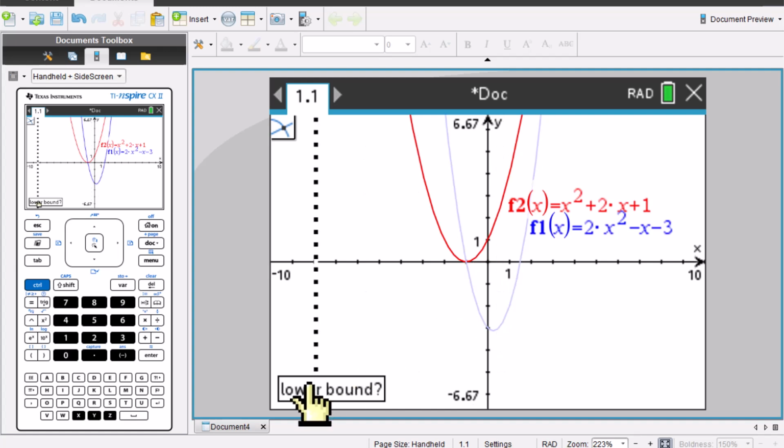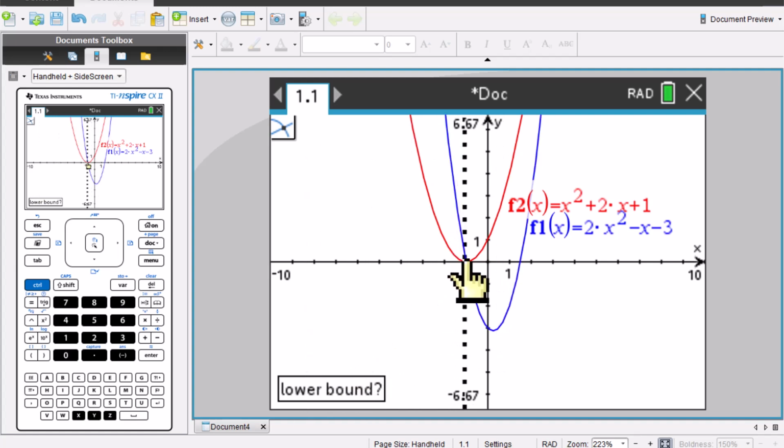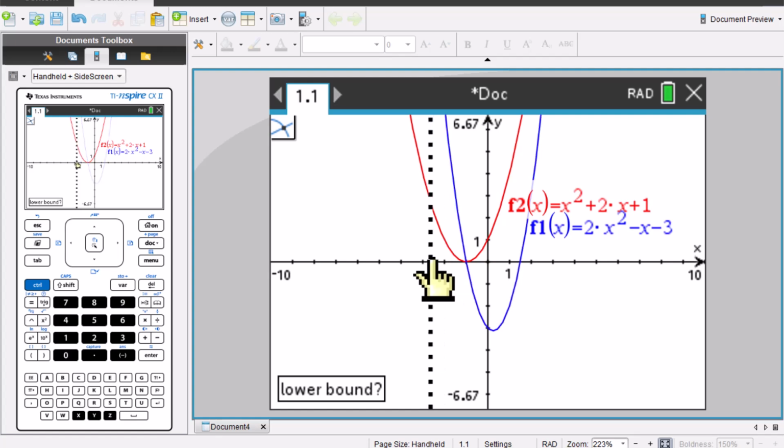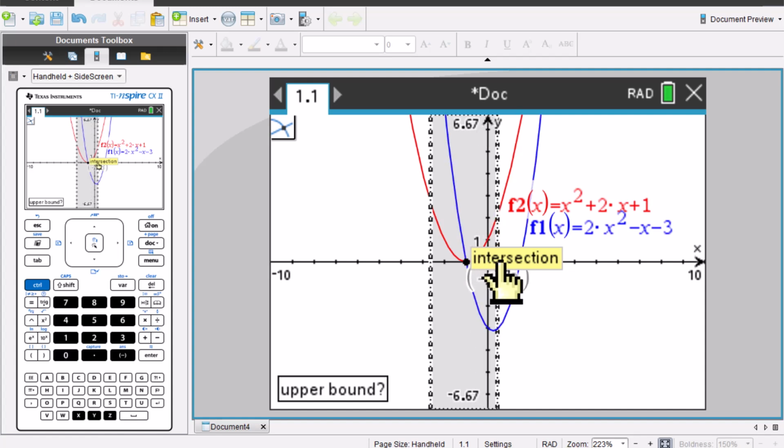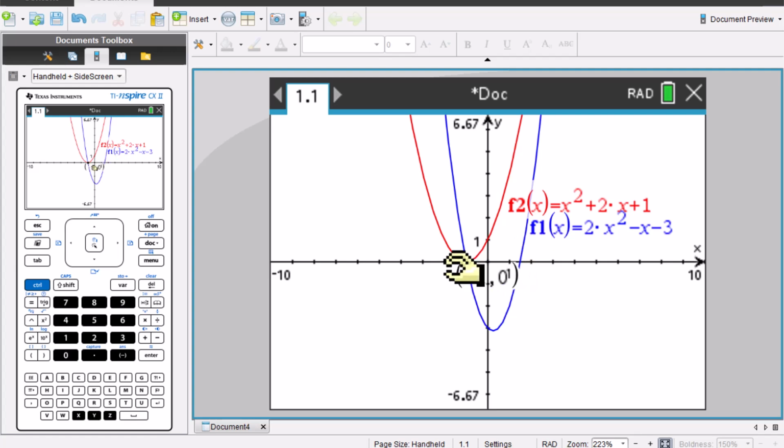And then it says lower bound. I'm going to move to the very left of my first intersection point, somewhere around here. I'm going to click enter. I'm going to move it to the right, just past that intersection point, so that it's a shaded area there. And then I'm going to hit enter again, and you can see that one of my solutions is (-1, 0),